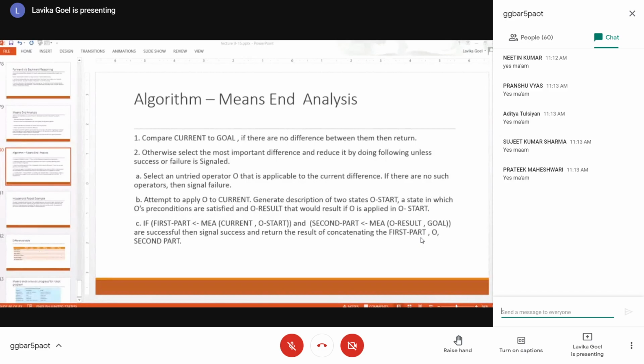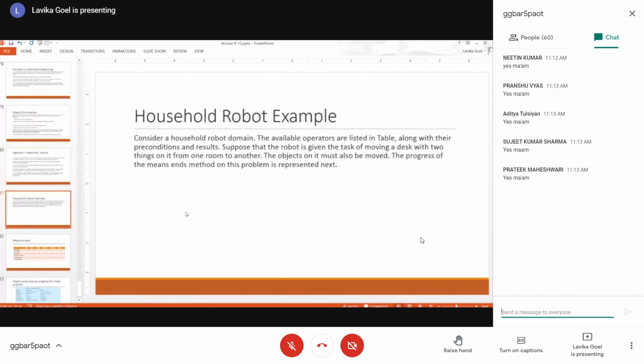Fine. So let's move then towards an example of means ends analysis. This example is basically a robot example. It's a household robot, and we have given the robot a task.